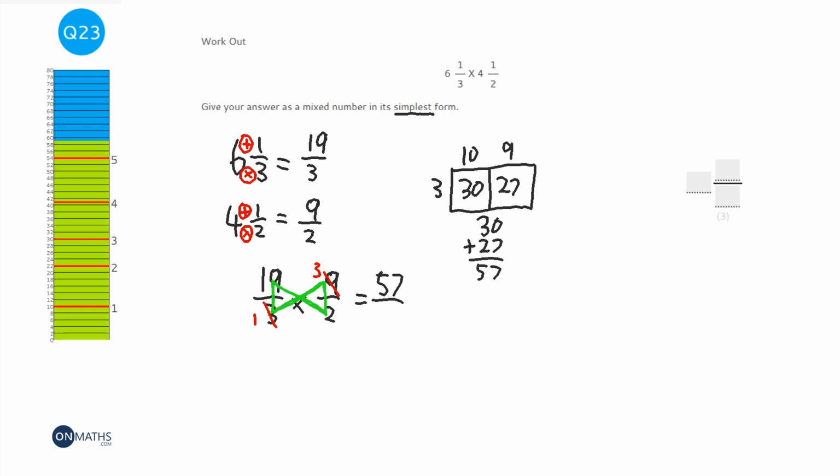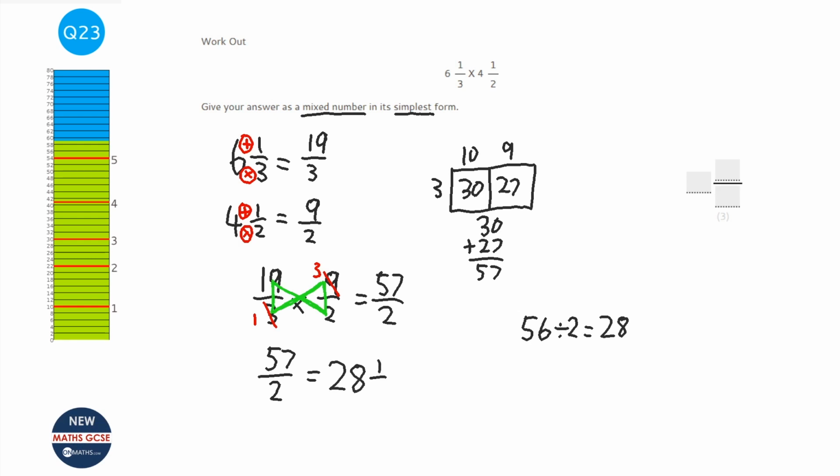And now we're doing 1 times 2, which is 2. Now, it says that it wants it as a mixed number, so we need to do that now. So 57 over 2, we need to make that a mixed number. So we've got to work out how many 2's there are in 57. Well, I know that 56 divided by 2 is going to be 28. So there's 28 whole ones